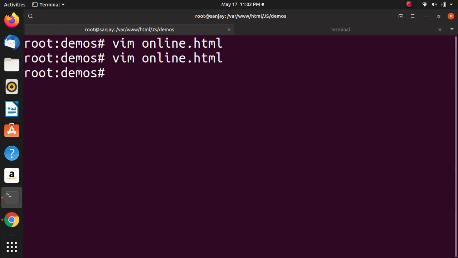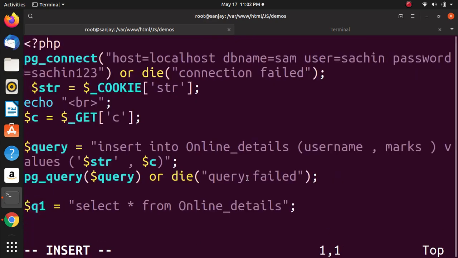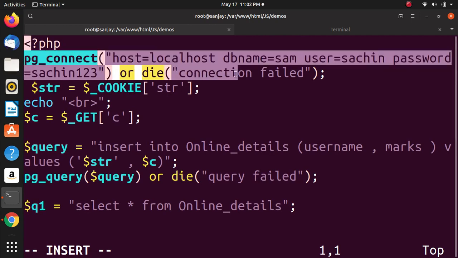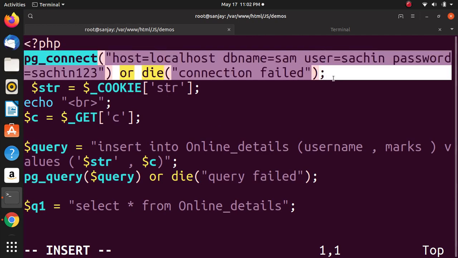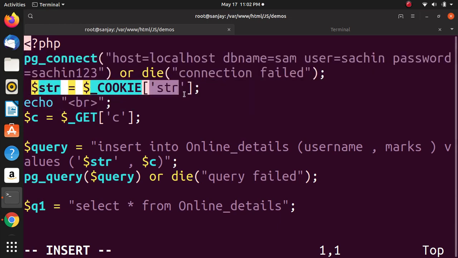Now we will see the PHP code. This is the pg_connect, a connection string which is used to connect to the PostgreSQL database using PHP. str is equal to the $_COOKIE global array to get the name of the person from JavaScript to PHP.